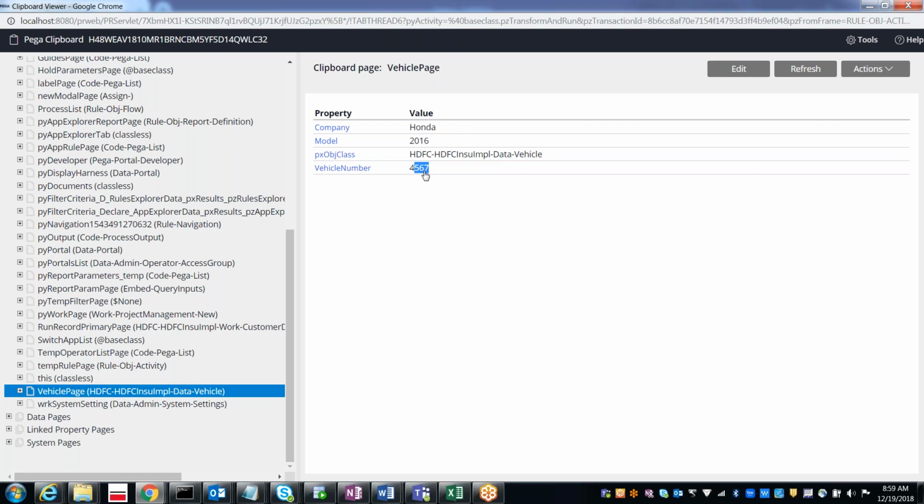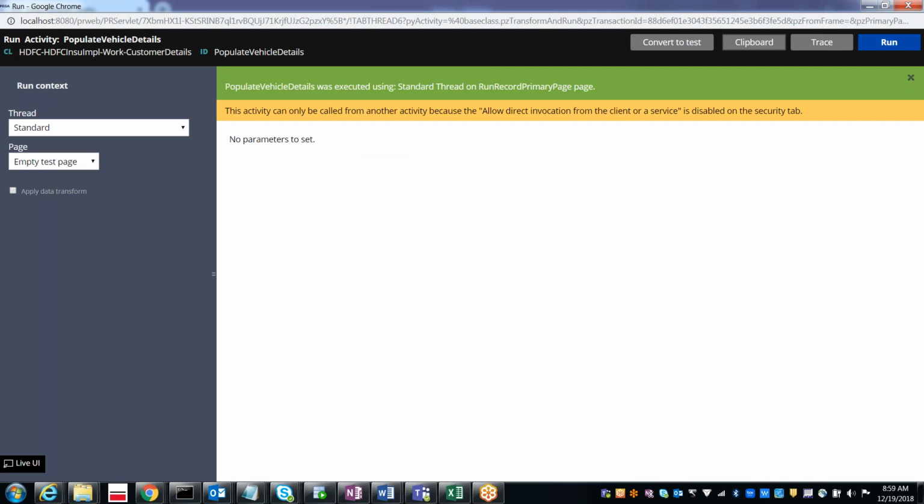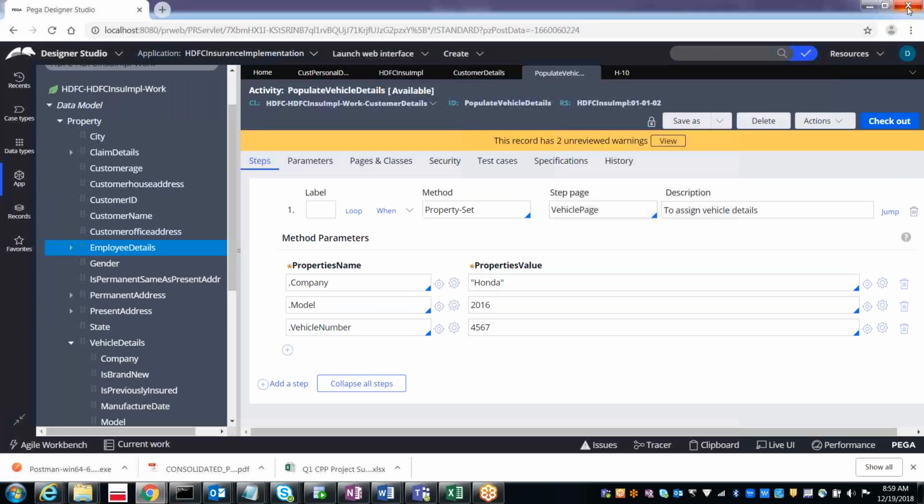So on that page I have assigned the values. Got it, right? In the same way, if you want, you can set it on the PY work page or any other page, whichever you want. As the clipboard is returning one record, is it OBJ save or OBJ explore? No, I did not do anything.